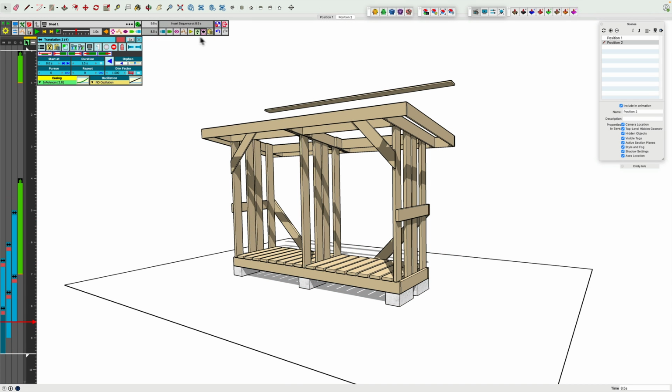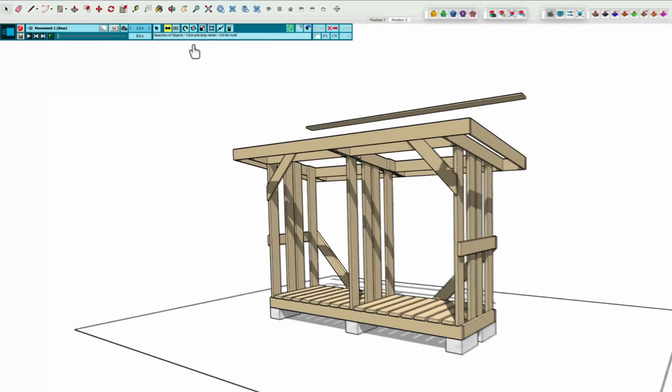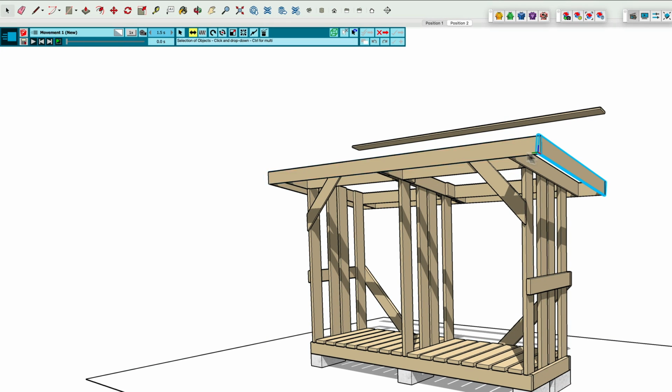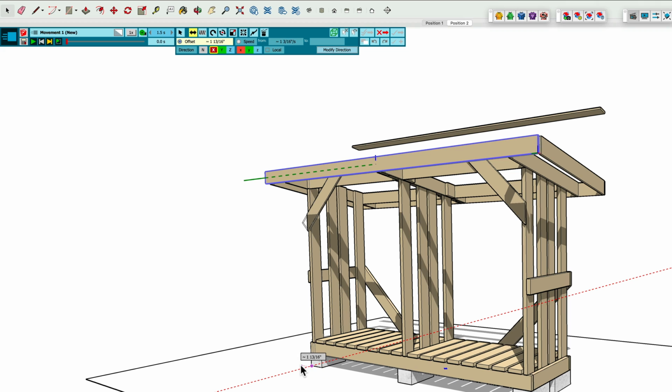So far, everything has gone in a straight line upwards and has slowly accelerated and ended quickly, which is outside the view. Next, I'll animate the front fascia board. I'll select New Movement, pick the board, and then I'll select the X-axis as I first want it to move forward. I'll drag it forward,